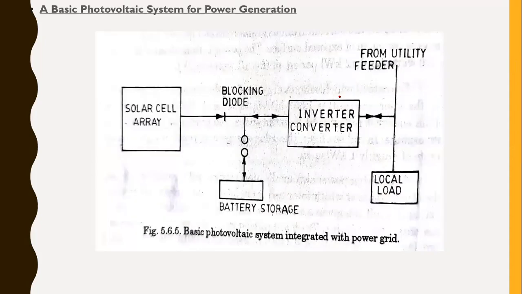This is a basic photovoltaic system for power generation. It is integrated with a utility grid, as shown in this figure. This is the integration of the utility grid. It permits solar generated electrical power to be delivered to a load. So what load do we have to deliver? This photovoltaic system